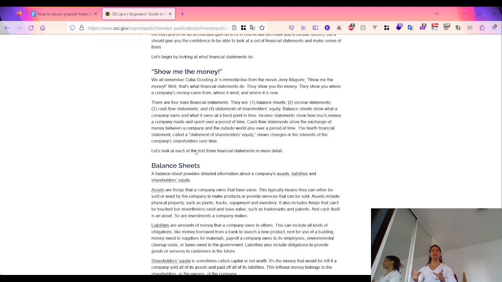The most common operating activities can be laid down into operating assets and liabilities, where operating assets we have accounts receivable, inventory, prepaid expense, so expenses that a company incurs